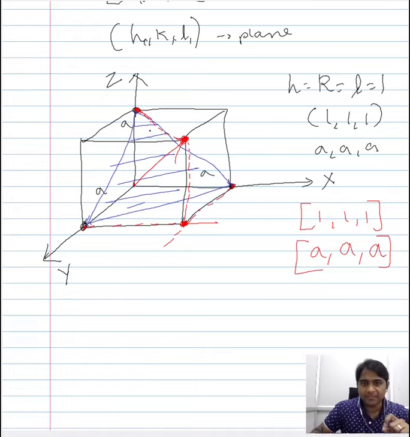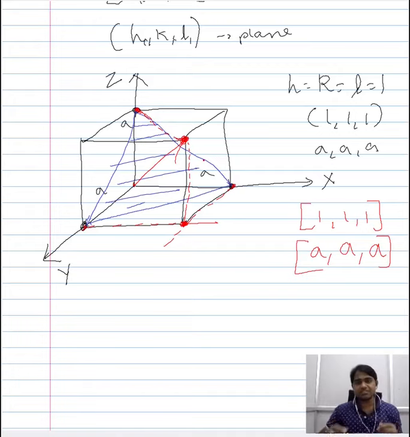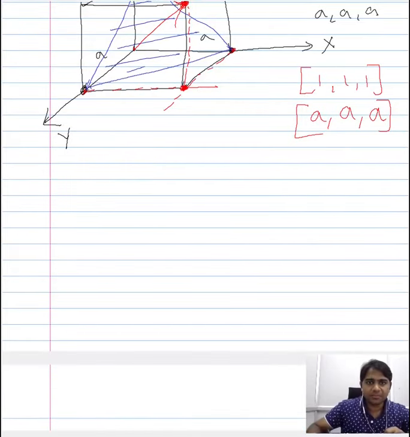So what you have is a plane that is represented in blue, and a direction that is represented in red. If you notice, it is conceivable that the direction and the plane do not lie on each other, but a direction and a plane that have the same Miller indices are perpendicular to each other.